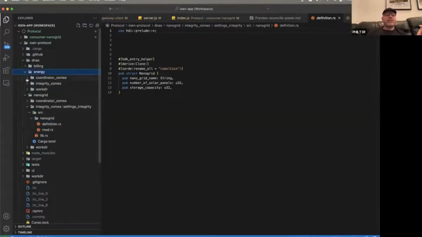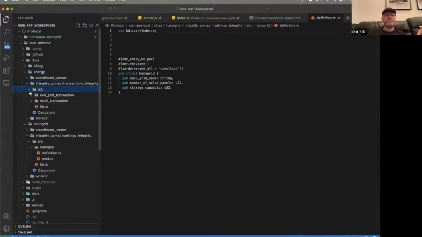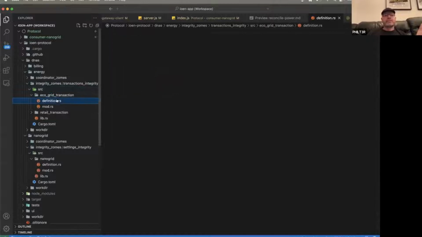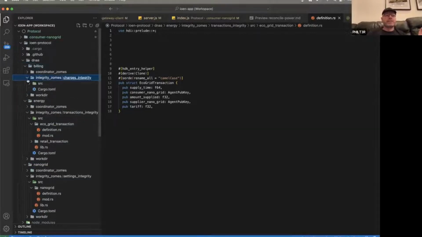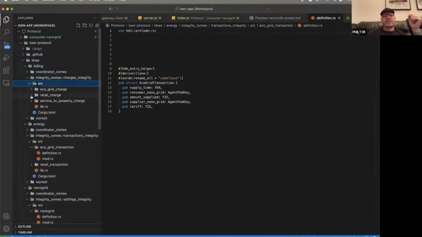Then we have energy. In here, you can have an EcoGrid transaction, which has when it was done, who did the consumption, how much, etc. So very much like a weblog. And same for retail transactions. That's what I've got. And then billing, we're going to have,